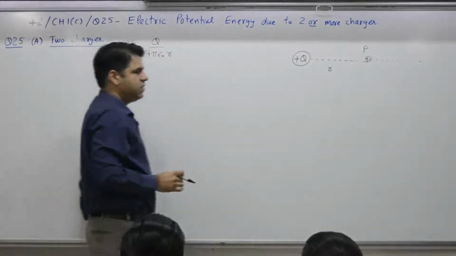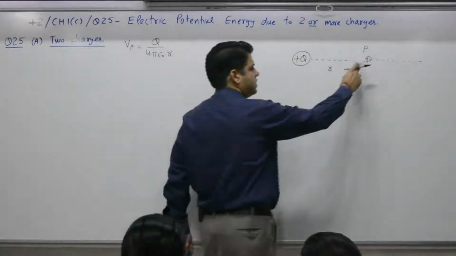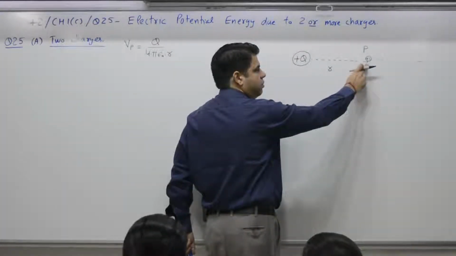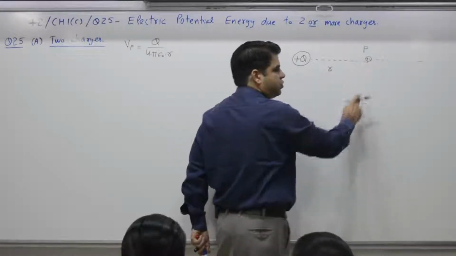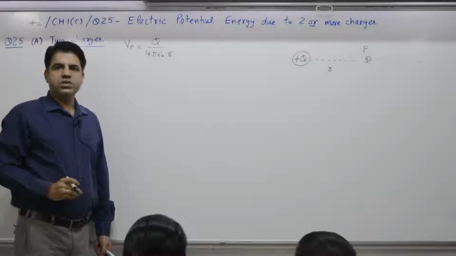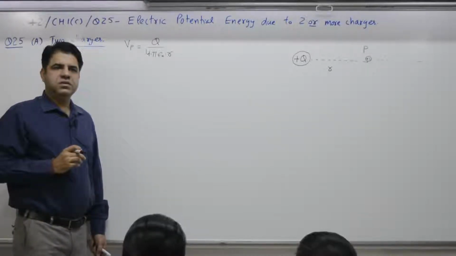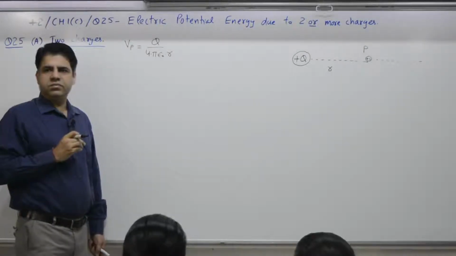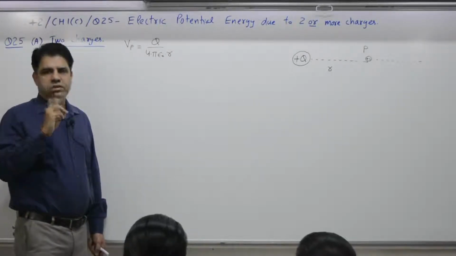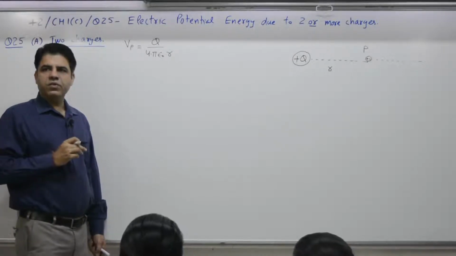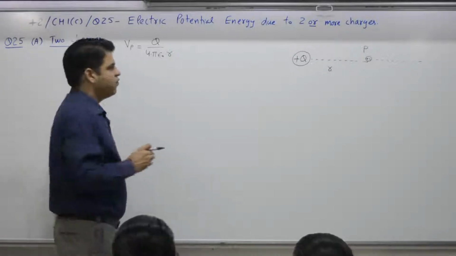Yesterday we gave one example. If the potential at this point is 100 volt, 100 joule per coulomb, so this charge will do how much work for you? 100 joule. If I place 2 coulomb charge, it will do 100 joule per coulomb into 2 coulomb, 200. If you place 3 coulomb charge, 300. If you place 4 coulomb charge, 400.